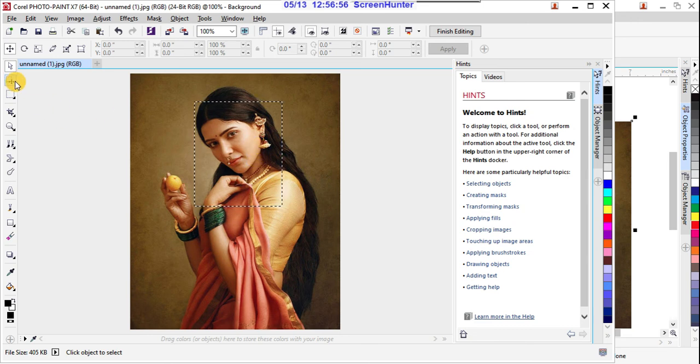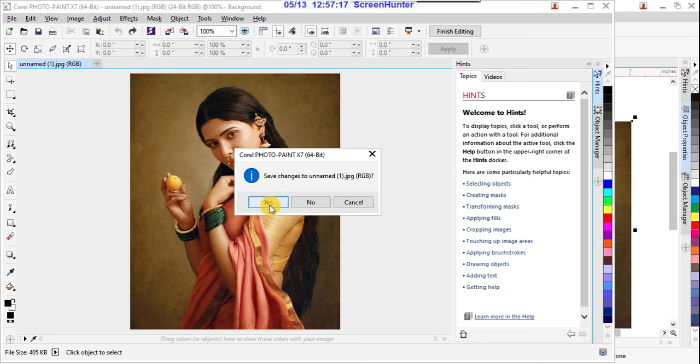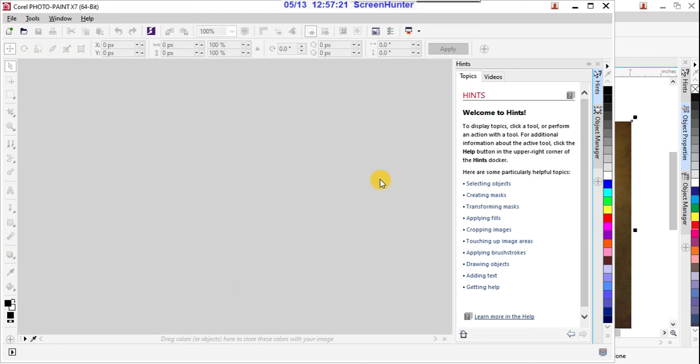So this is actually the same tool, position and size, so it is not coming. Control Z, because it is the program like Photoshop, but the tools are a bit different. We are not using it anyway. Finish editing. So yes, get back to a normal